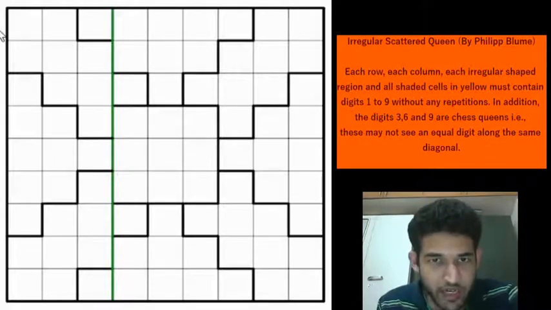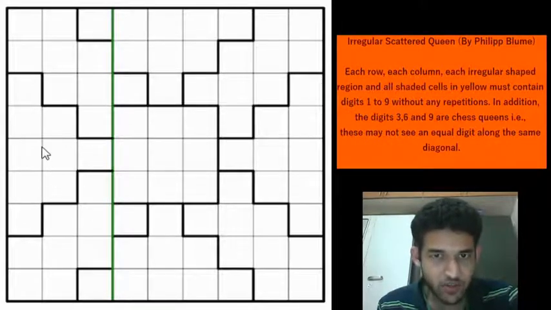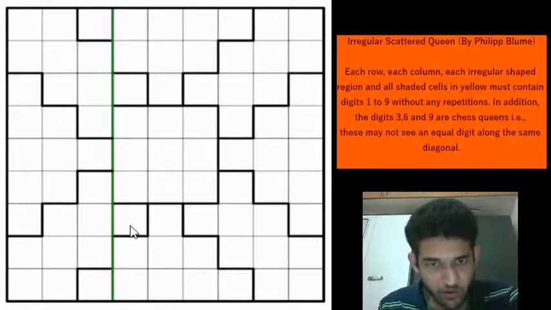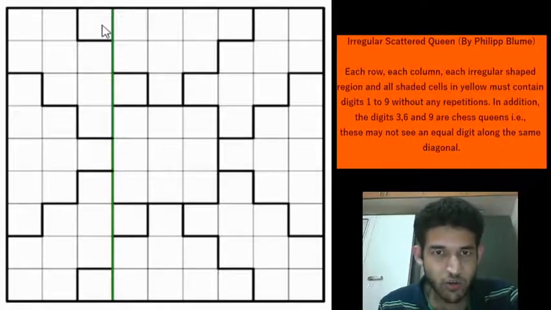If you look closely at columns 1, 2 and 3, we see that we have 3 regions, okay, and from this region and this region, 2 cells are going outside, right, and 2 cells are coming inside. That is row 3 column 4 and row 7 column 4 are going outside, and row 1 column 3 and row 9 column 1 are coming inside. Now whatever is present in these 2 cells will be the same as these 2 cells.